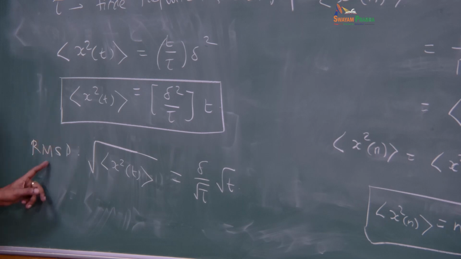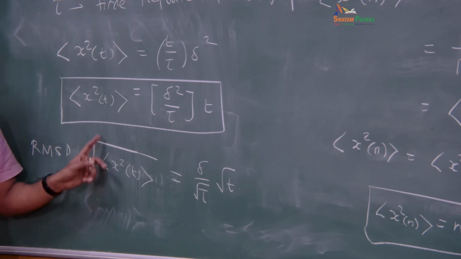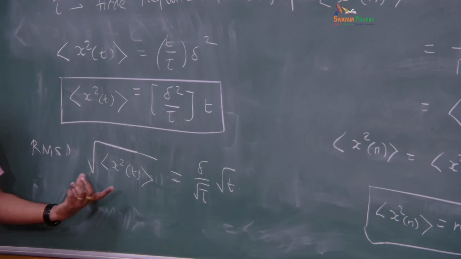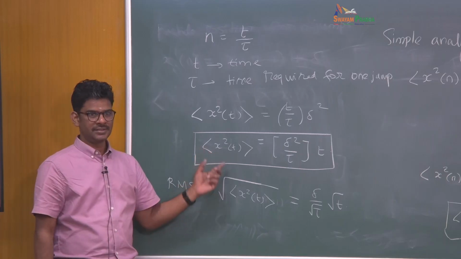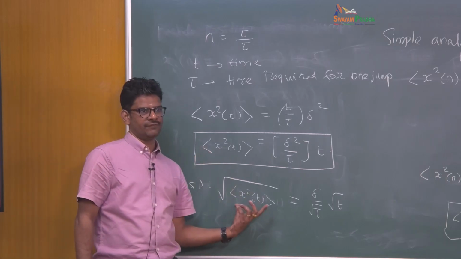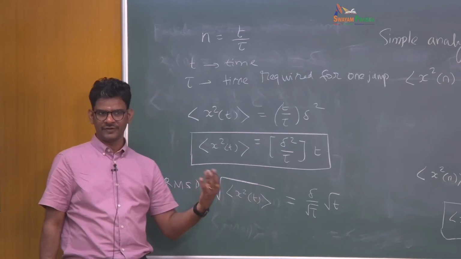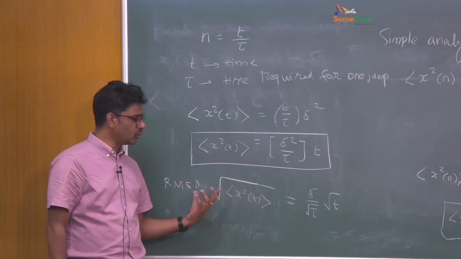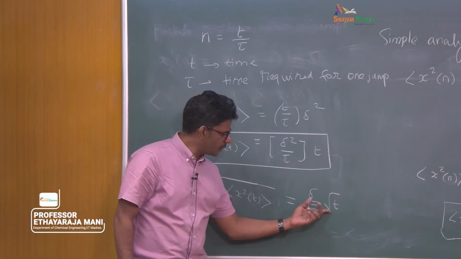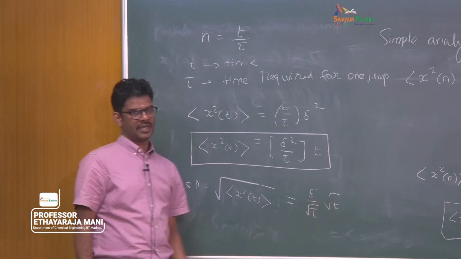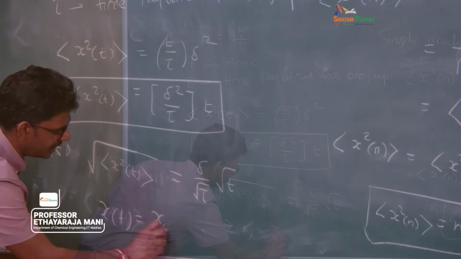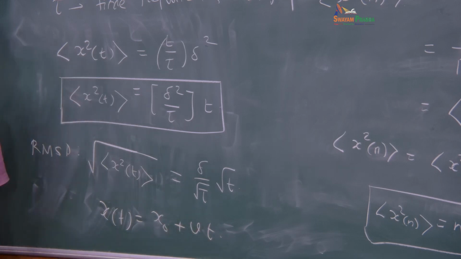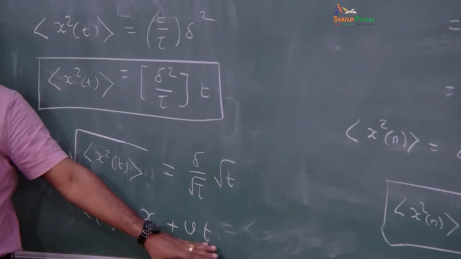From here, if you calculate the root mean square displacement by taking the square root of this, you will see that this gives a quantity in the dimension of length, whereas the mean square is in the dimension of length squared. When you take the square root, it gives how much distance you have traveled, not exactly an average, but a root mean square displacement, and that goes as the square root of t. Now, if you want to compare this with Newtonian mechanics, you would have predicted x of t equals x naught plus some v t. If you have a particle moving at some velocity v, you will see this distance is proportional to t.